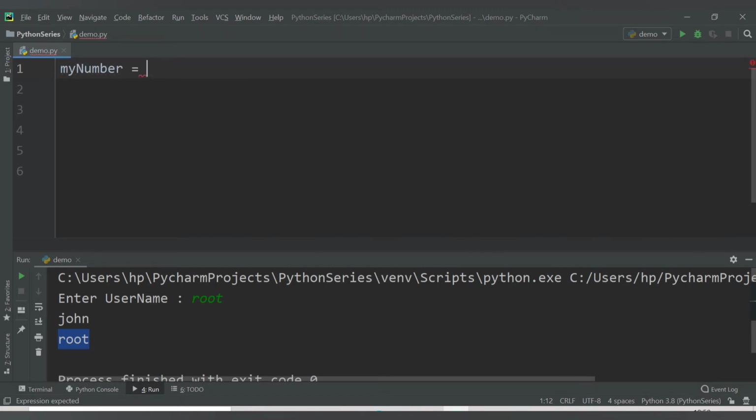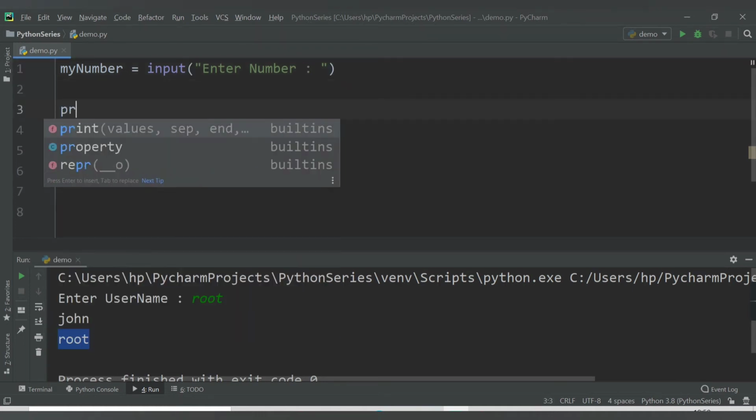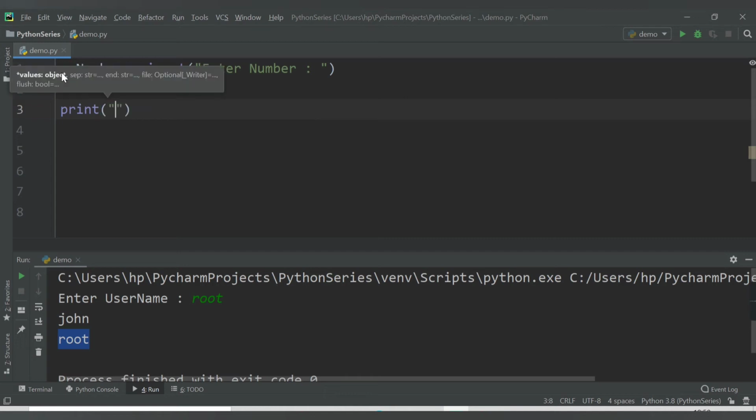This variable will accept the value from the user. Let's say enter number, and we will print this.